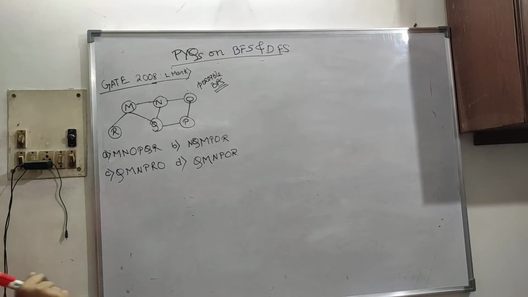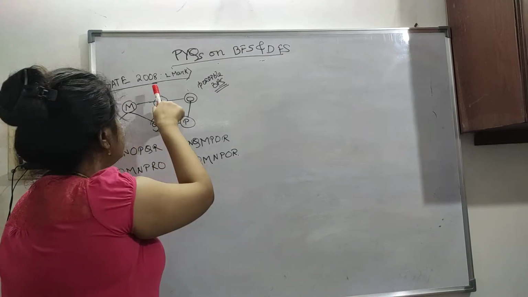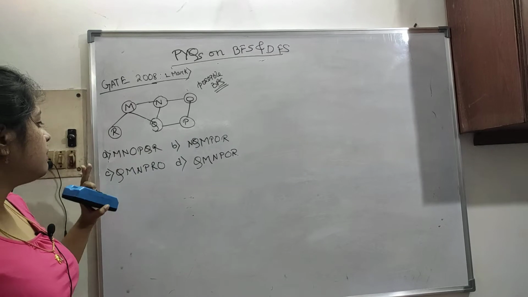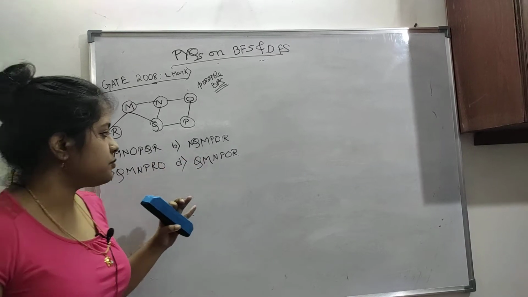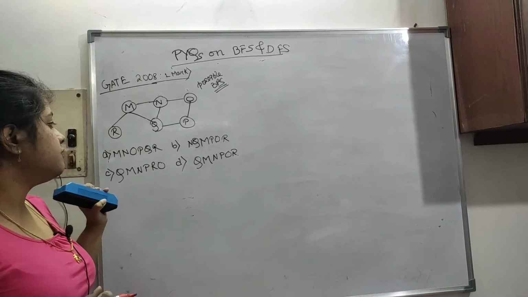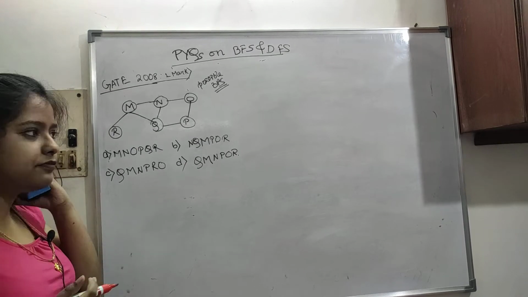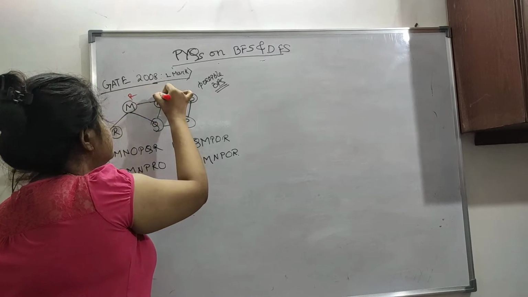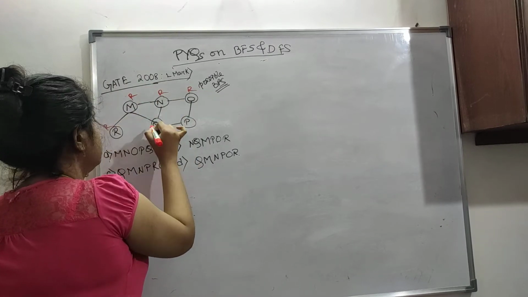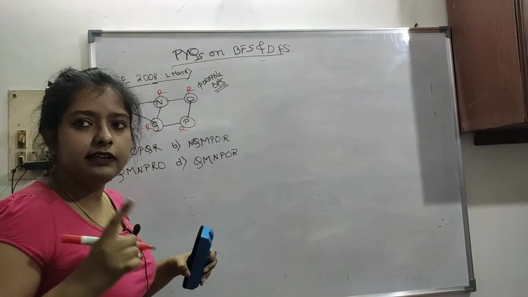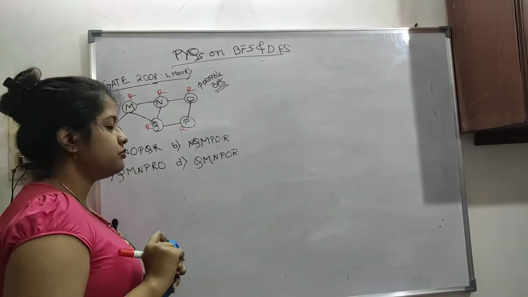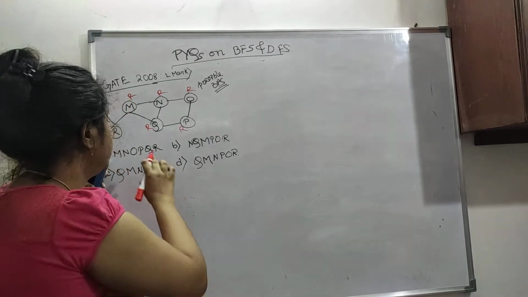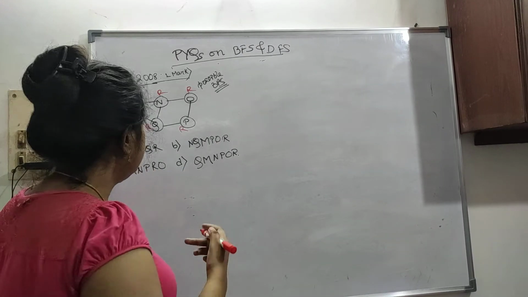Now let's see this question. This was asked in GATE 2008, a 1 mark question, and it asks which of the given 4 options is a possible BFS, a correct BFS traversal. So now we will do BFS. What BFS says is to put all as ready state. Please see the algorithm first and then come to this video. Now let's see if it is possible. Just take it that this is the correct answer and do the BFS.